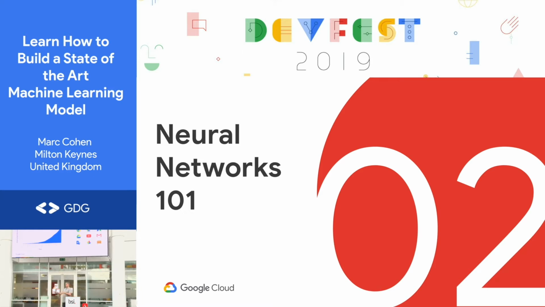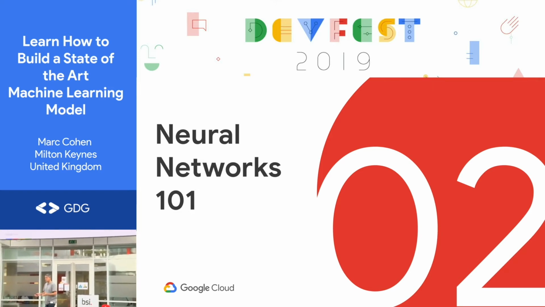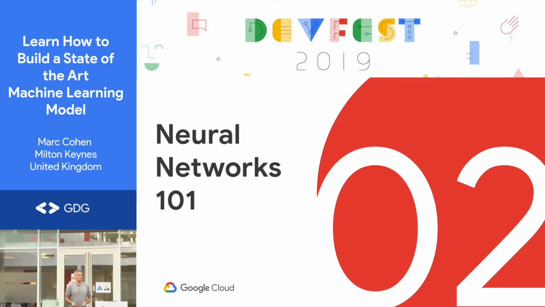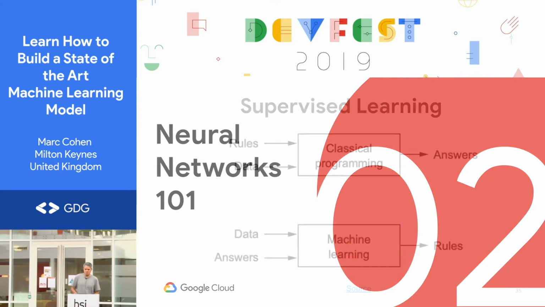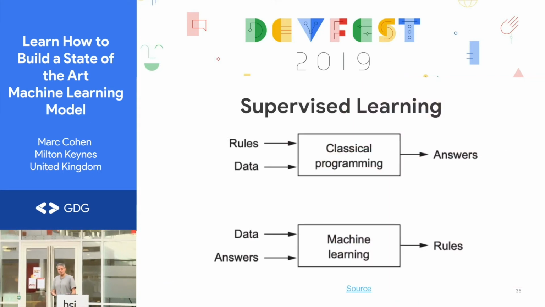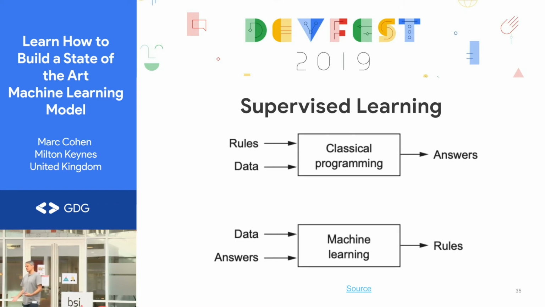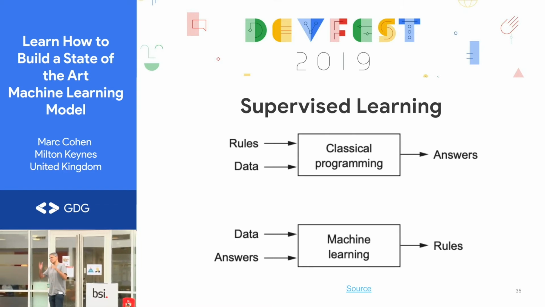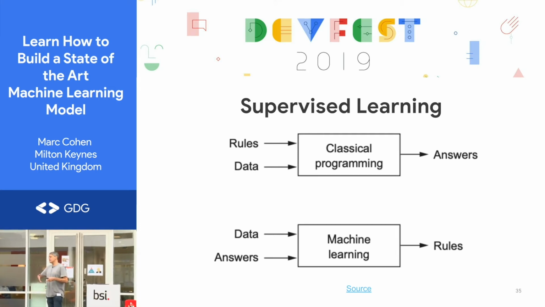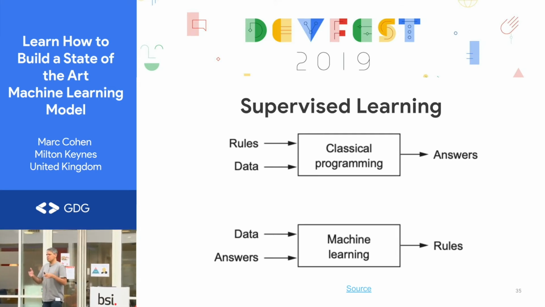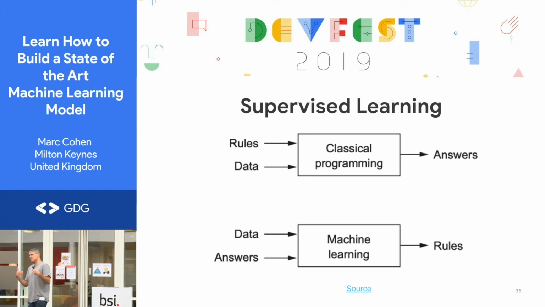So I've been extolling the virtues and telling you how great they are and that they're revolutionizing everything, but what am I talking about really? How do they work? The particular exercise we're going to do today is part of the category we call supervised learning. Supervised learning is a subset of the problems we face in machine learning. And supervised means that the data has labels associated with it. Or another way of thinking about it is we know the right answers for the training data.